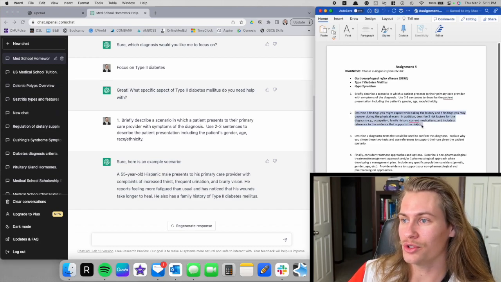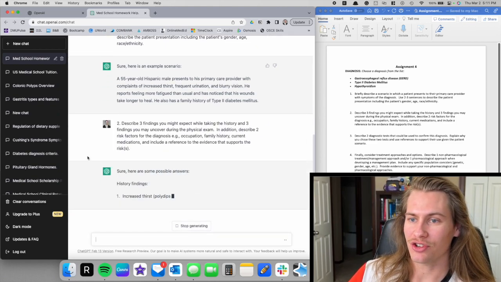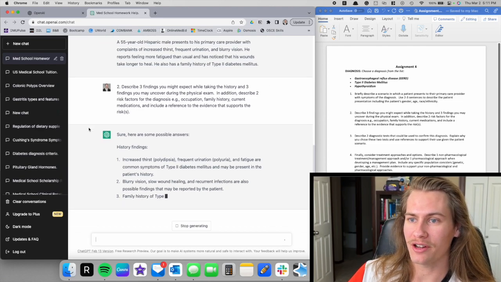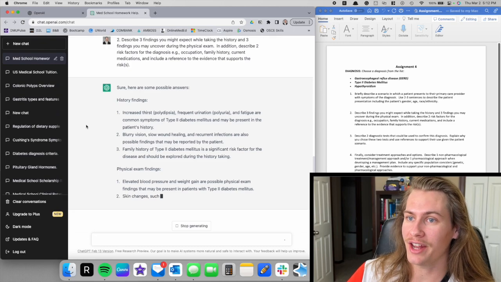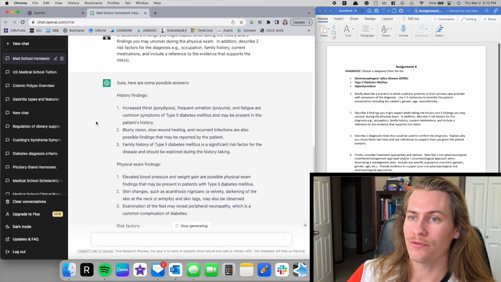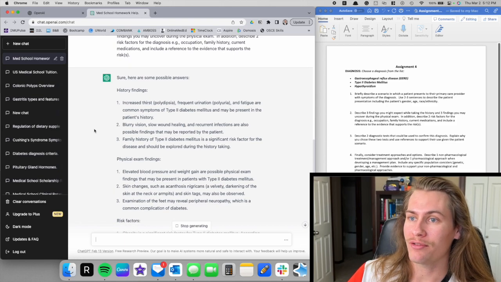So we are going to go to question number 2. So question number 2 of the assignment is describe 3 findings you might expect while taking the history and 3 findings you may uncover during the physical exam. In addition, describe 2 risk factors for the diagnosis, like occupation, family history, current medications, and include a reference to the evidence